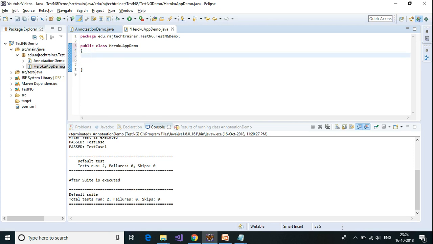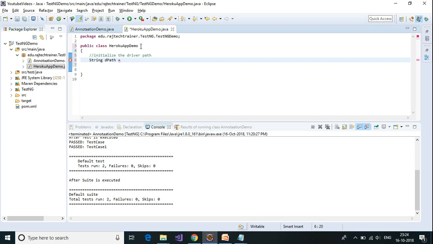So what are the things which we do? Initialize the driver path. That is, string strDpath equal to d://